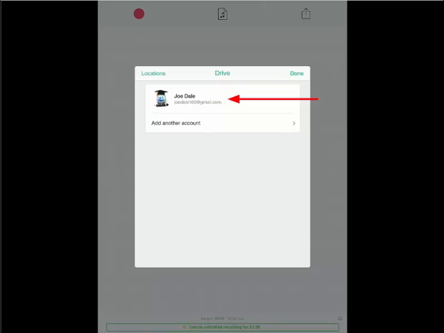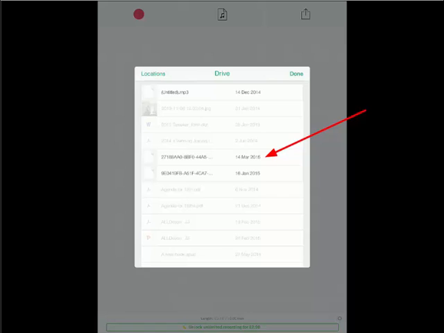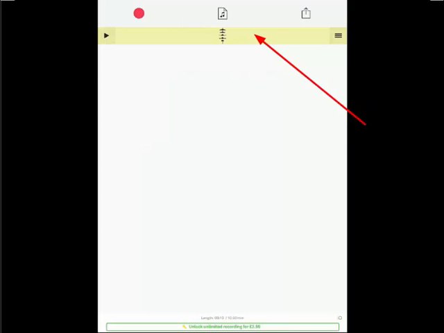Okay, you need to log in, so you need to have a Gmail account for that. So you log into your Drive, and you'll notice that the file should then be in your Drive in the appropriate shared folder, or wherever it is that it's been shared with you. Okay, so having done that, you then tap Done, and as you can see, the file has now appeared within